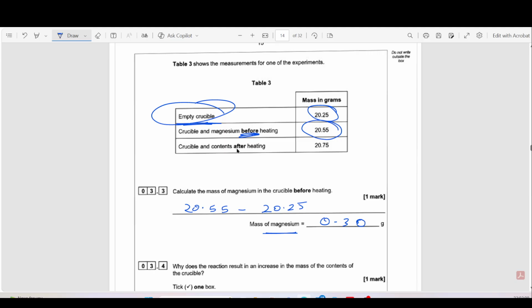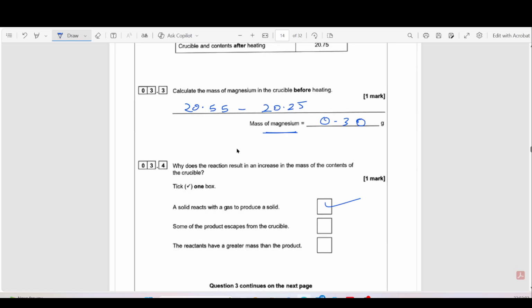So now it is asking, why does the reaction result in an increase of the mass of the content? Because magnesium reacts with oxygen gas from the air and it forms a solid magnesium oxide. Okay, and since the oxygen was not weighed initially, as it was in the air, the final solid product weighs more than the starting solid magnesium. Okay, so because solid is reacting with the gas to produce a solid. So yeah,